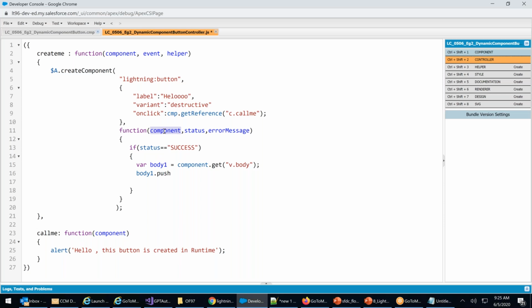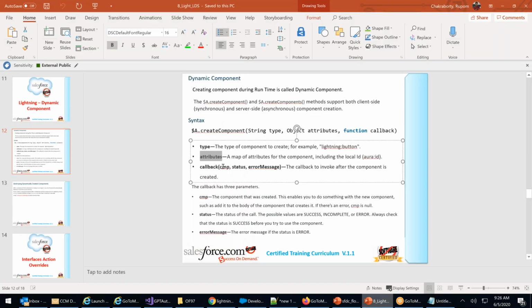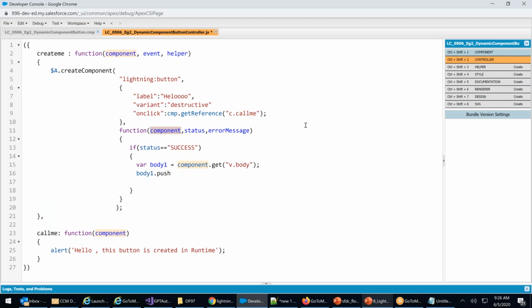Whenever you're writing, what is this function? First one, CMP. Go and see the definition. What is a CMP? The component that was created. What component am I creating? I'm creating a button.